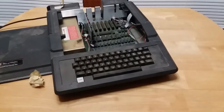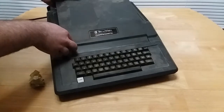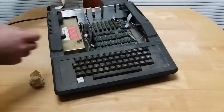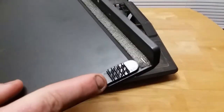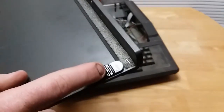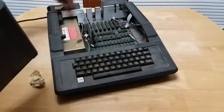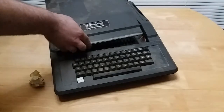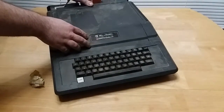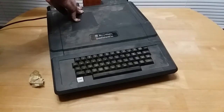So anyway, I have to put the cover back on for a particular reason. Oh, and before I start, I'll have to do some restoration work on this because it's missing the, it's like a type of super Velcro, I guess, to help hold the lid down. But it's missing some of the Velcro pads. I'm going to have to see if I can find some. But the reason why the lid has to go back on and the thumb screw screwed back in is because